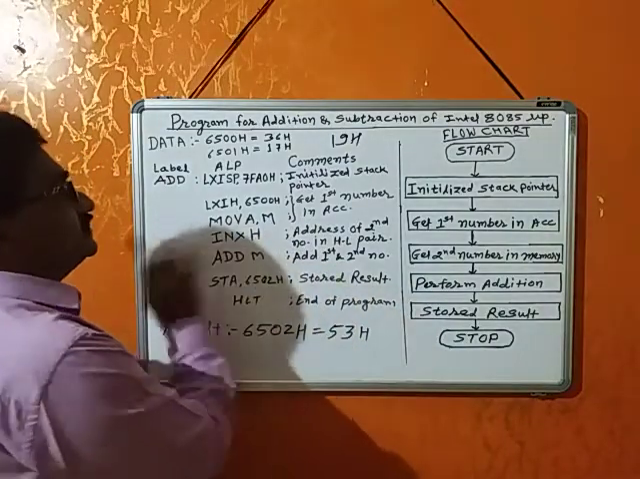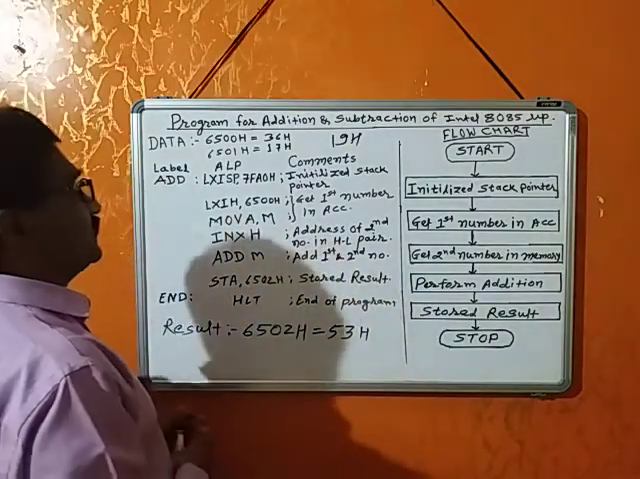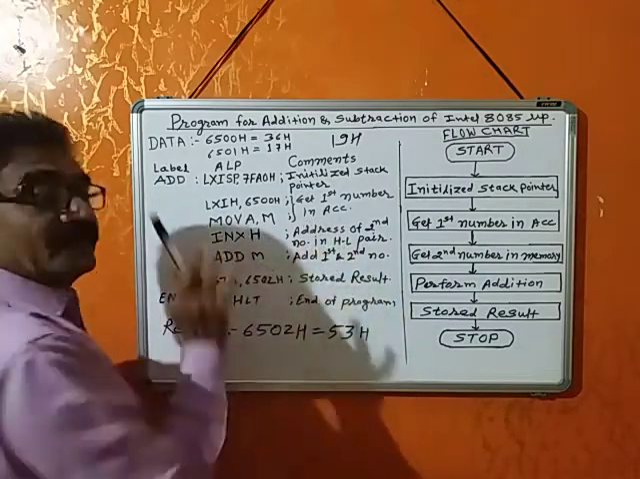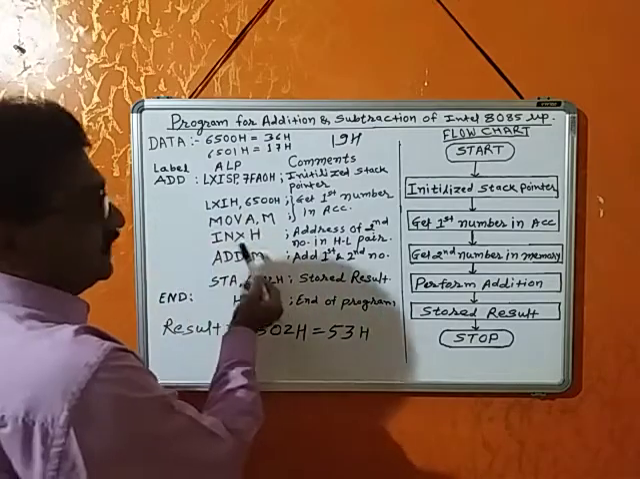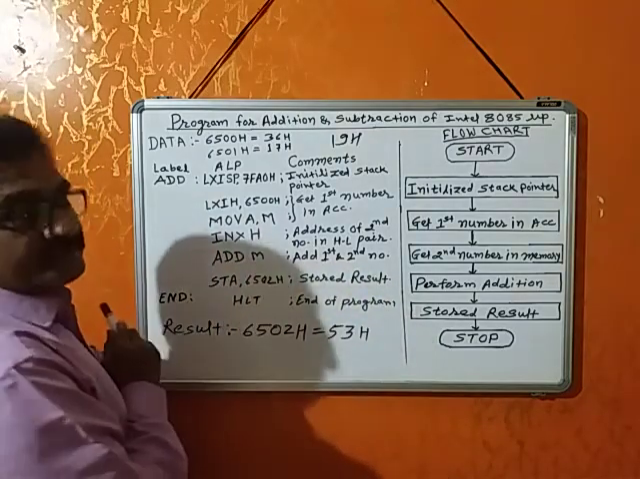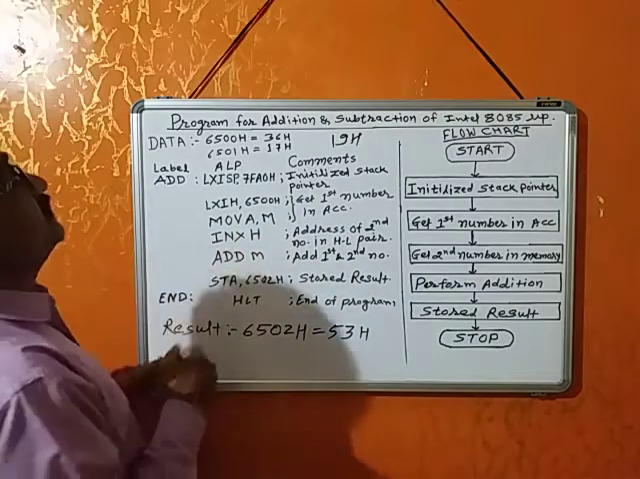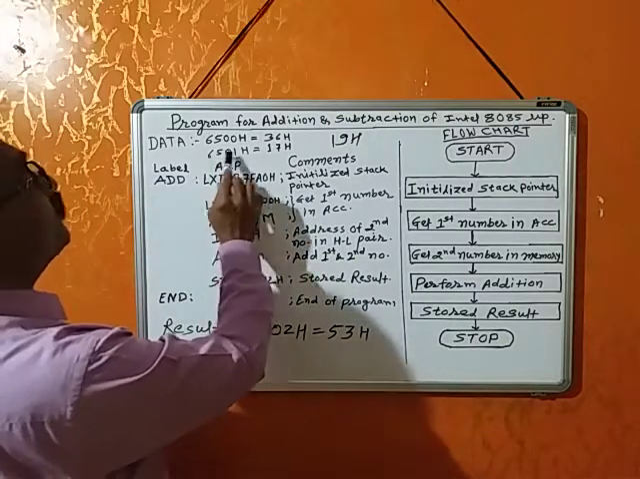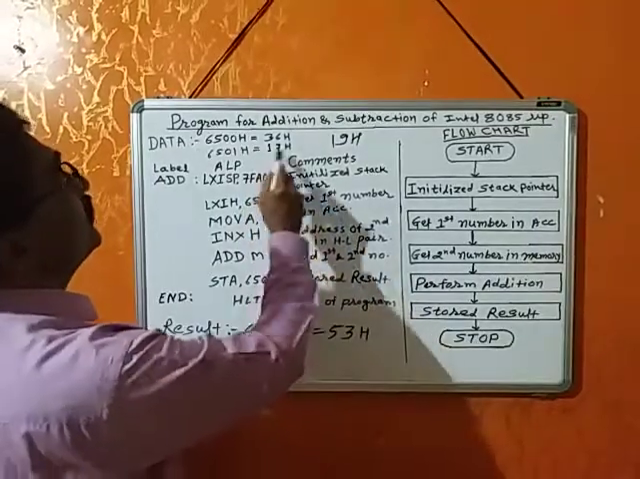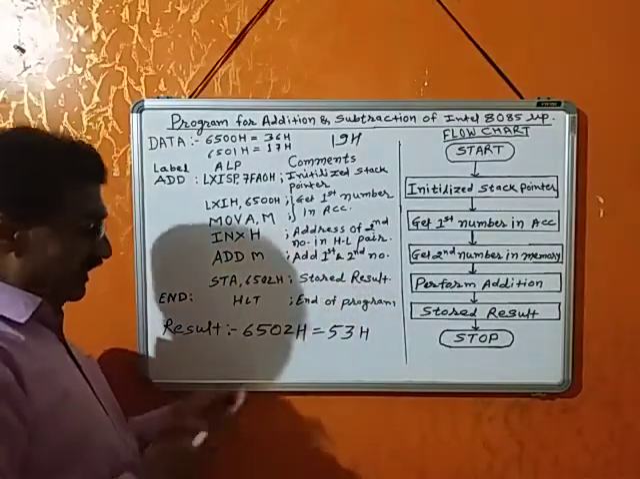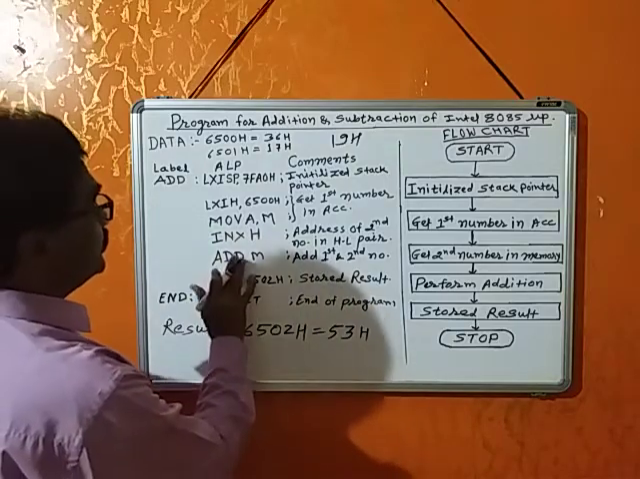Then this number is transferred into the accumulator. Means after executing these two instructions, the first number is in the accumulator. Then increment the content of the HL pair by 1. Means the HL pair is initialized by the memory location 6501H, where the second number is stored. Then what is the difference between addition and subtraction? Here only,